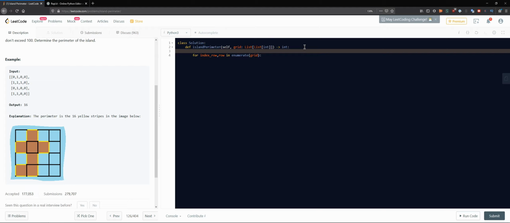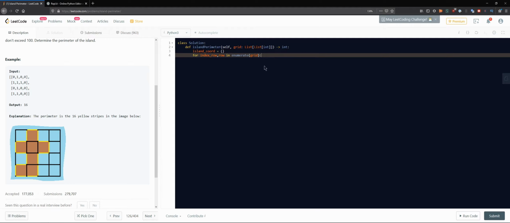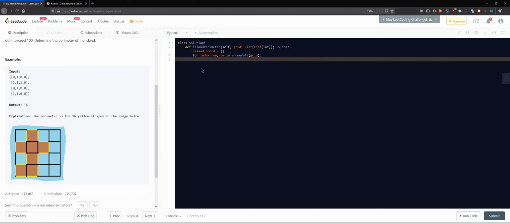We shouldn't call it map, we would call it island coordinates, and this will be empty for now. What we want to do here is go over each of those indices and rows, right? And what we do is we also say for each